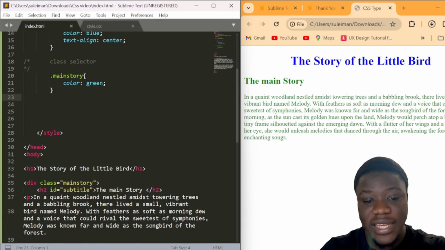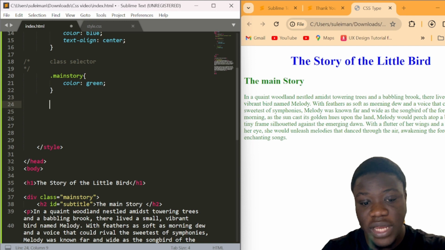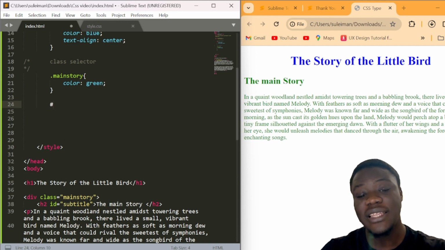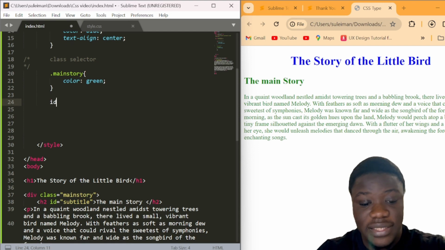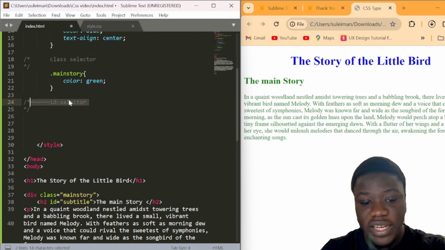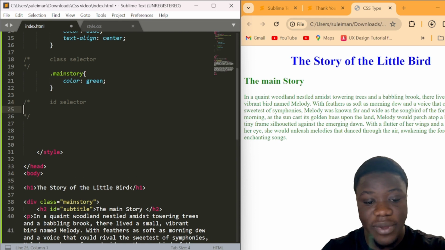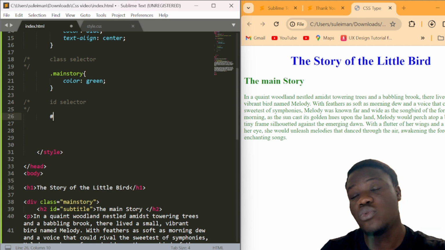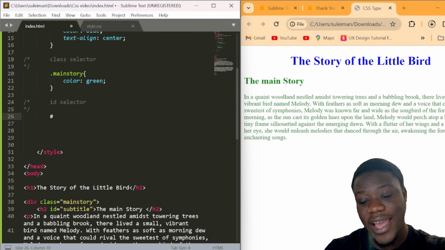Idan muna son mai amfani da shi ne domin mu canza ma subtitle ɗinmu color, za mu zo a nan sai mu rubuta hash. Ana amfani da idan za ka yi amfani da shi ID selector, za ka yi amfani da hash. Okay, I'm just commenting this. Za ka yi amfani da shi element, za ka yi amfani da shi hash. Za ka yi amfani da shi hash keyword. So idan ka danna hash ɗinka, okay, mun danna hash ɗinka sai ka rubuta sunan shi ID ɗin, which is